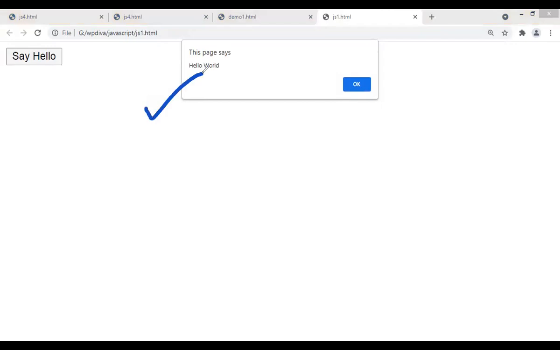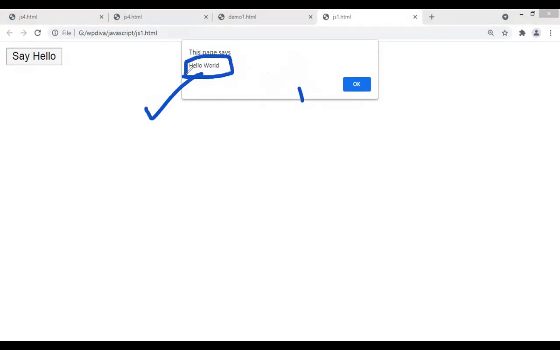Now, what code have you written for when I click on this button? When I click on this button, this box will appear. What is this box, students? This box is called an alert box. That alert box is displaying the message you have typed: hello world.